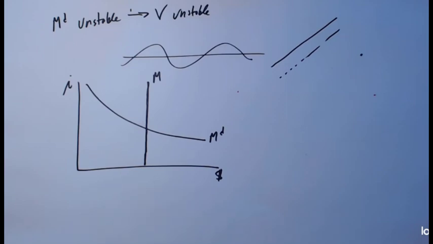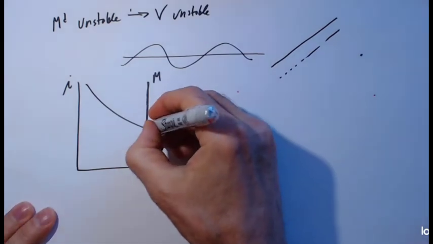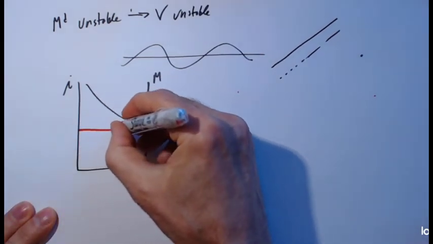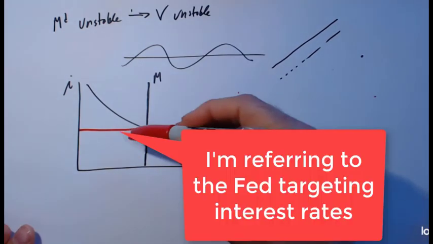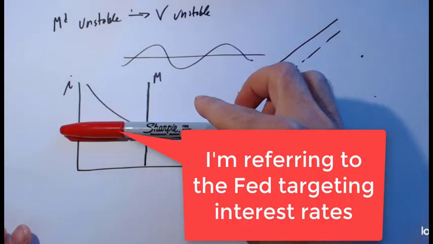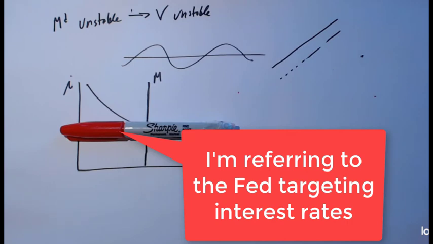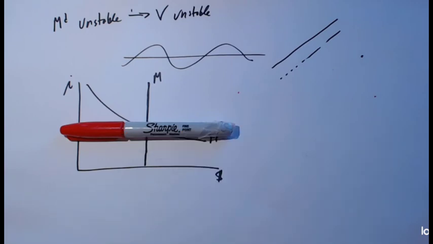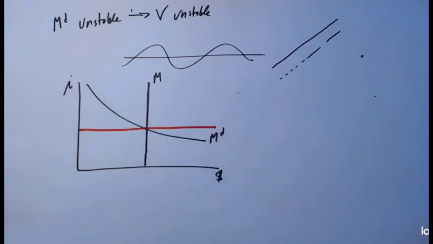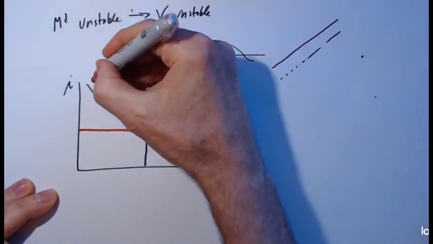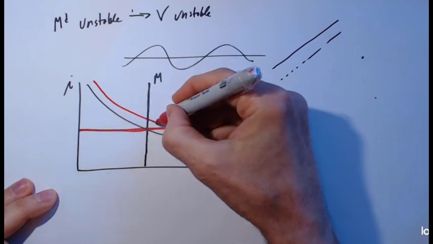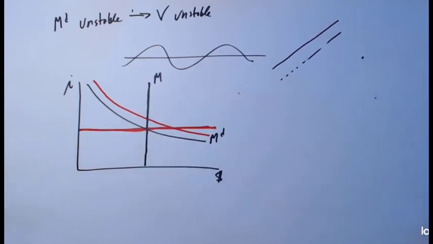So why don't we look at what if the Fed, so here's the equilibrium interest rate, why doesn't the Fed just keep, for example, interest rates at this level here? And if we keep interest rates at this level, at least in the short run, what would happen? Well, I'll tell you what would happen. We keep interest rates nice and steady, and what you would see is money demand would go up or down. So here's money demand going up, right?